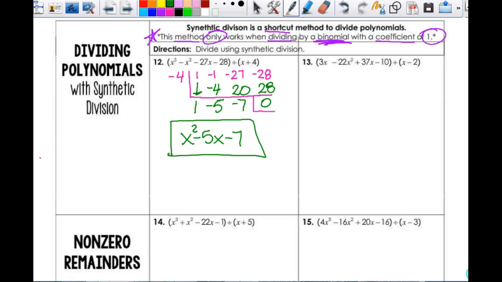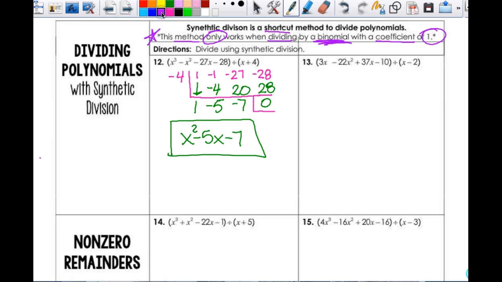Only with a binomial that has a coefficient of 1. If you have a binomial that doesn't have a coefficient of 1, you can force it down that road, but that takes extra steps, which are usually not worth it. You can be done with the long division at that point. But yeah, if it's a trinomial or something, it doesn't work. Only when the binomial has a